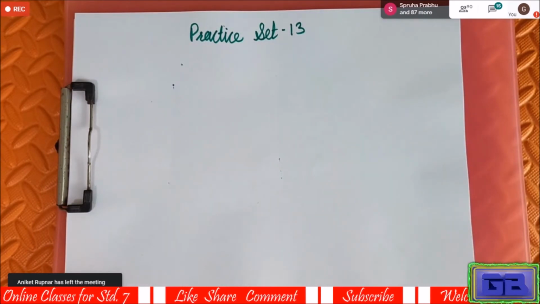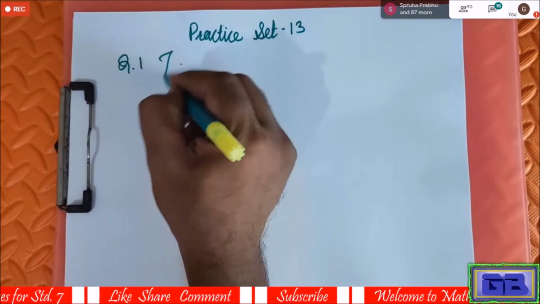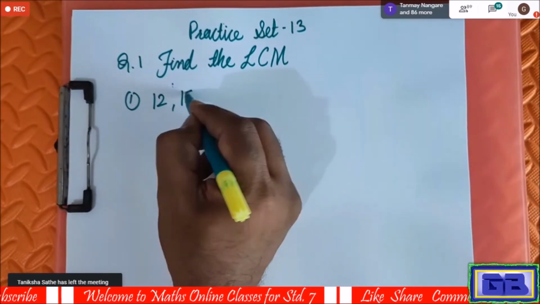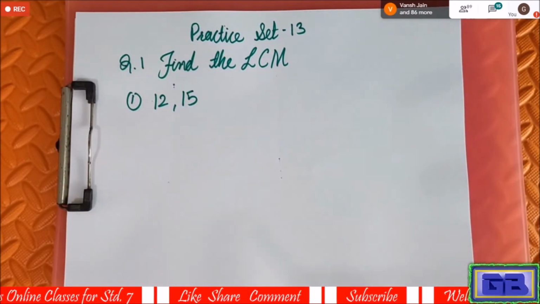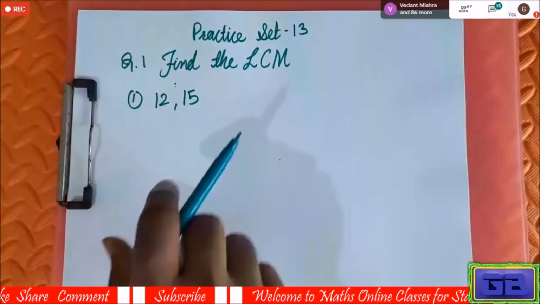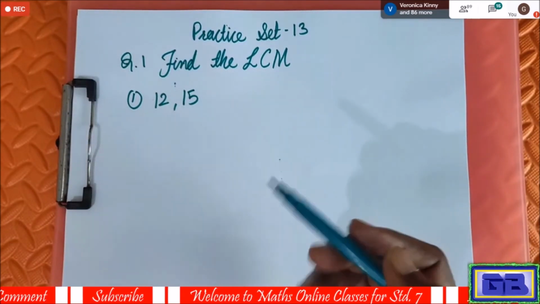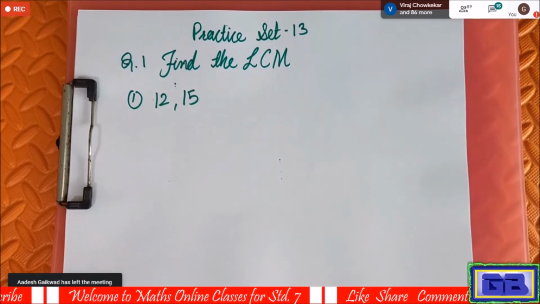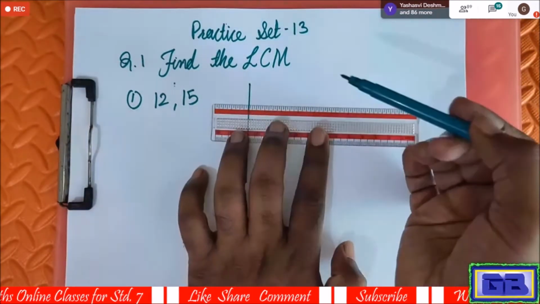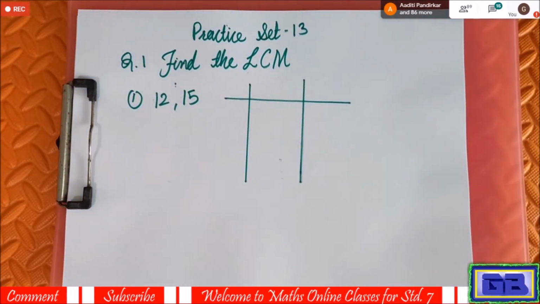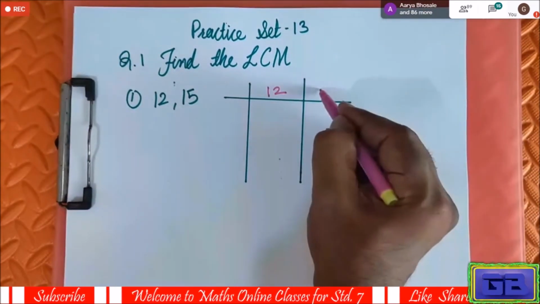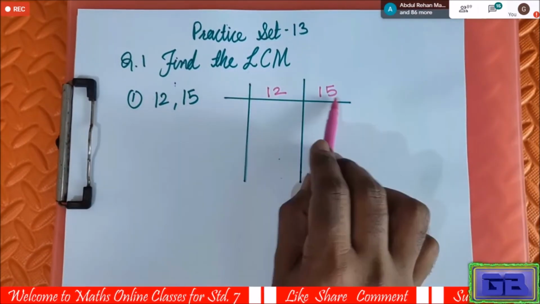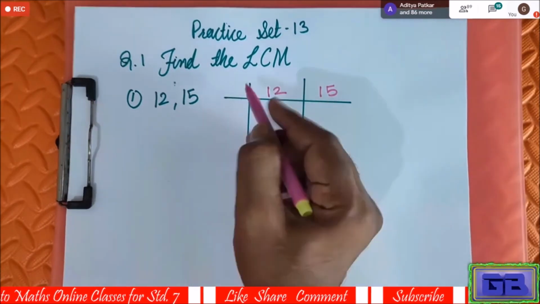Find the LCM. Question number 1. Now we want to continue only, 12, no? Yes, continue. Now I will take both these numbers all together in vertical arrangement. See how I am doing now. 12 and here 15. Now see, first you have to see both numbers are divisible by which number. Both numbers are divisible by 3, so I will take here 3.